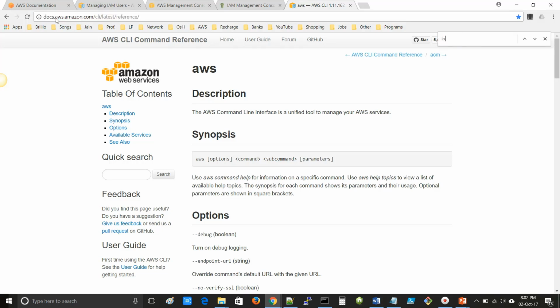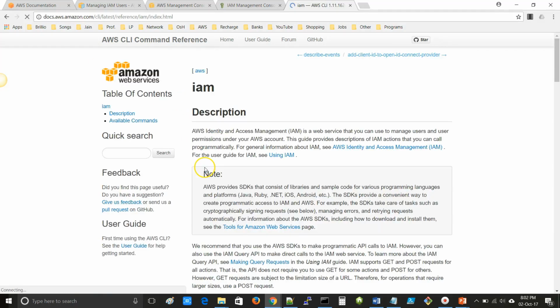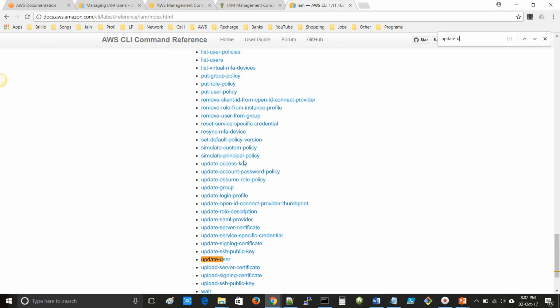Control F. Here you can find the IAM service. So click on IAM. Control F. Here you can find the update-user command. So click that.